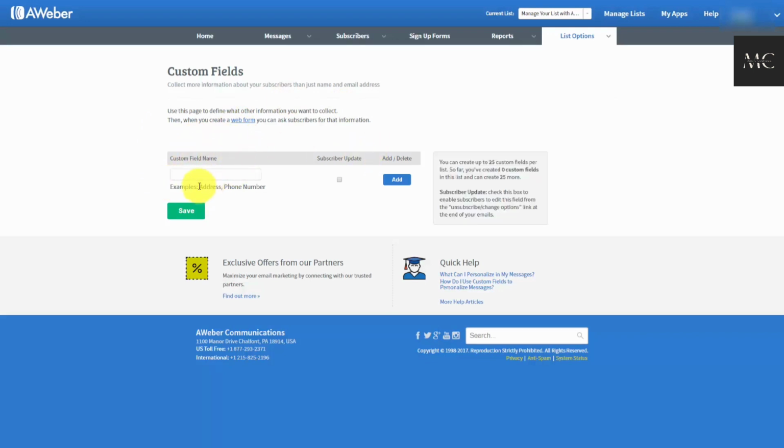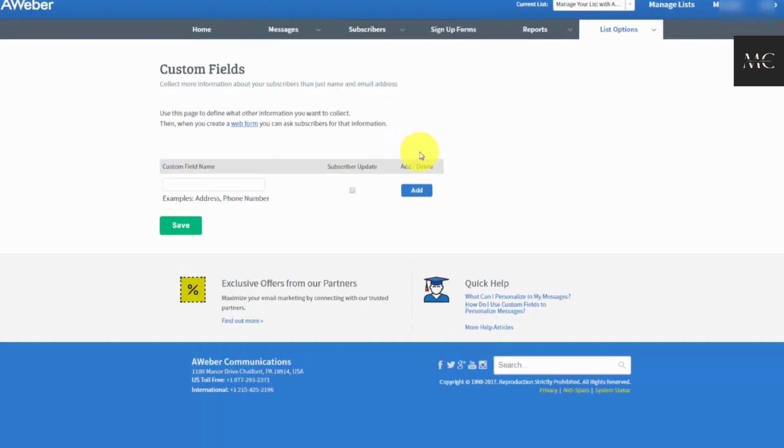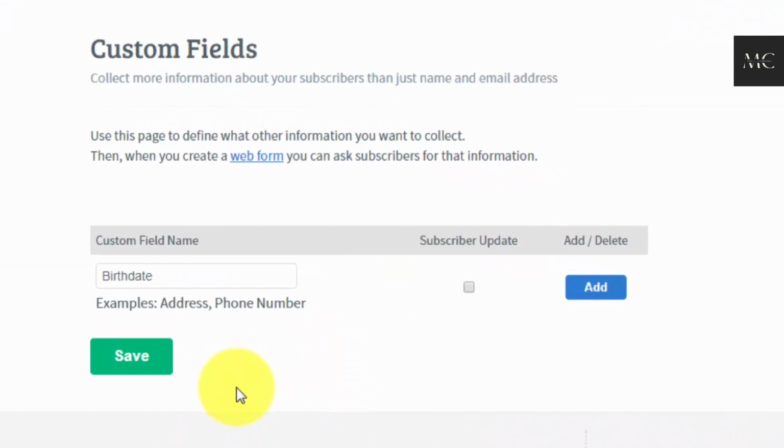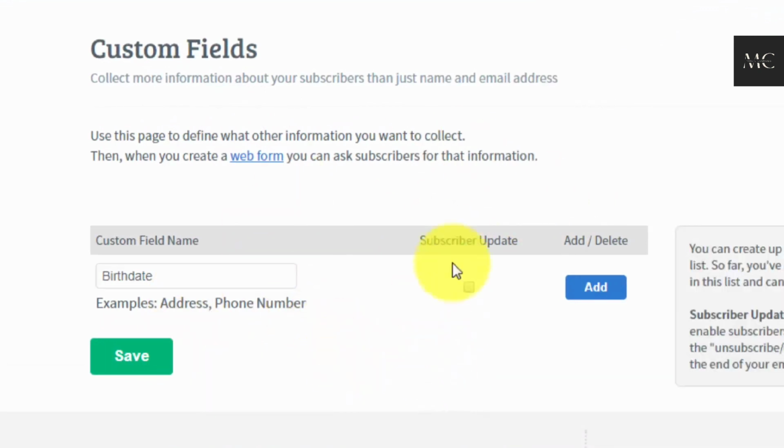So for example, we can collect an address, a phone number, and we can create any kind of field that we want based on our business. So in this particular case, we're going to create a custom field that we will use in a later sign-up form. Now, one of the things that we can do is we can give our subscribers the opportunity to update